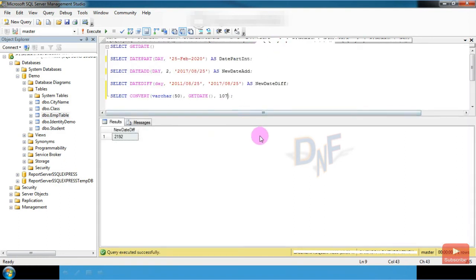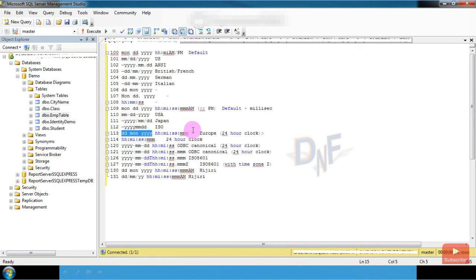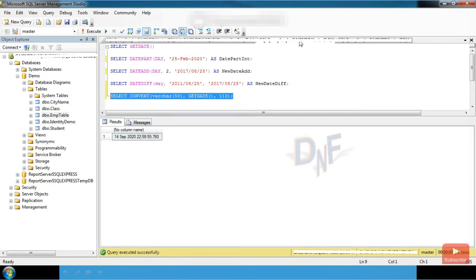For this format I use 113. You can see we get the same format: date, month, year, and time.